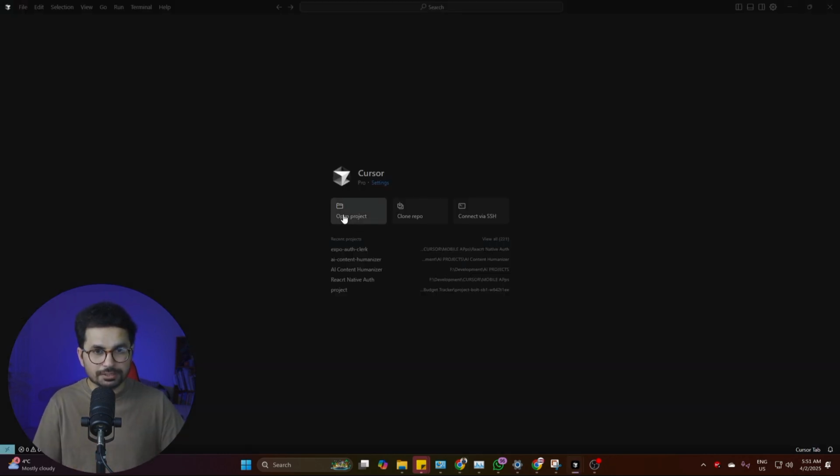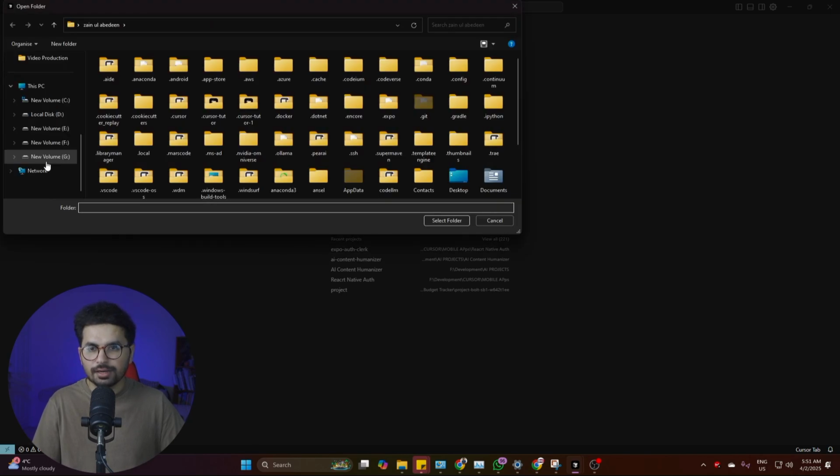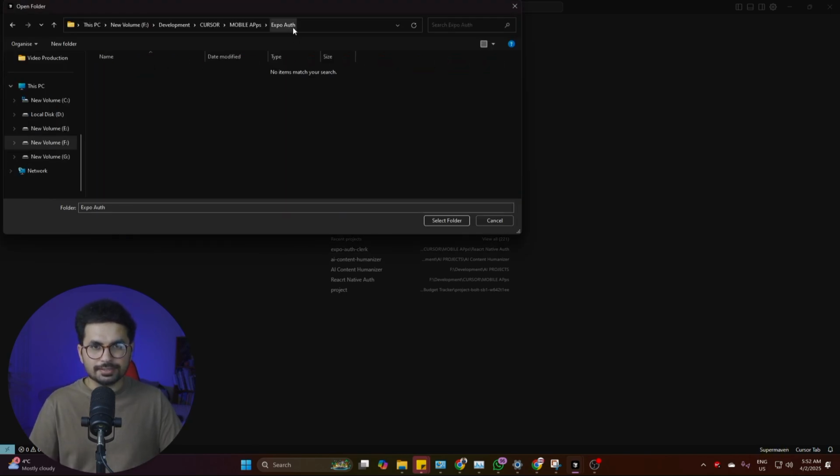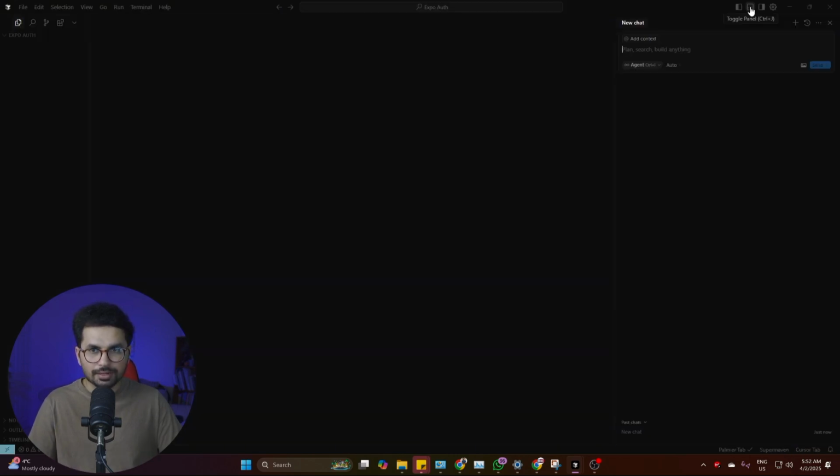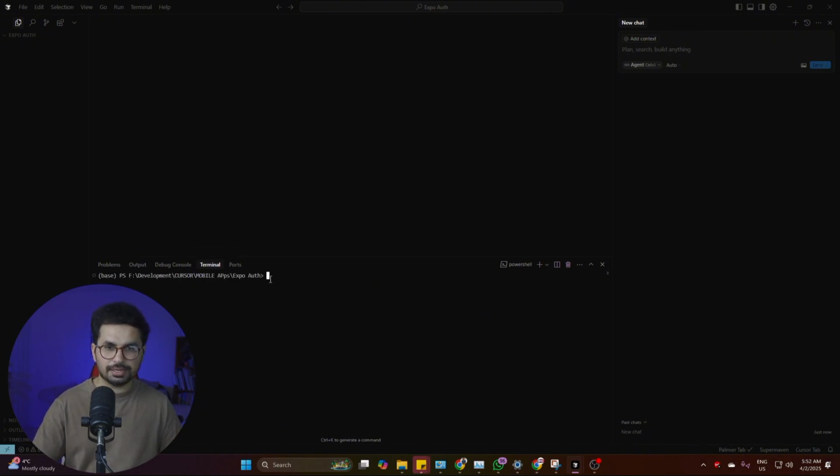What I'll do, I'll simply click on this open project, and after that I'll choose an empty folder. So I have just selected this empty folder. I'll click on the select folder button, and from here Cursor will open an empty folder inside Cursor, and from here just click on this terminal button, and simply paste that command in here that you